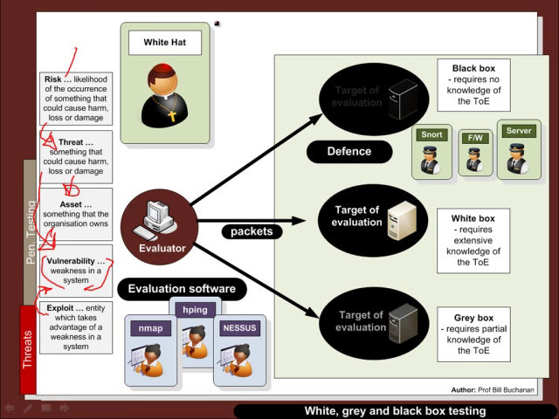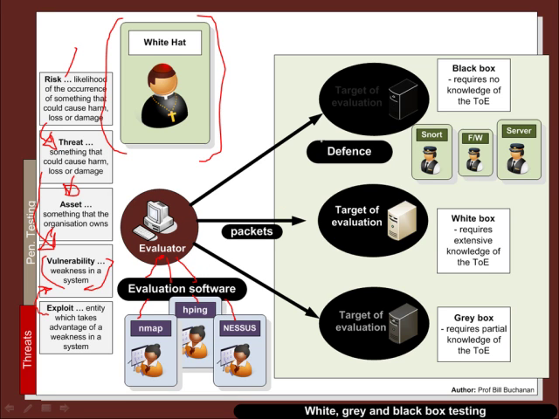So what we have in terms of ethical hacking is that we have the white hat who will then do an evaluation of the security of the system. To do this, they typically use an evaluator from outside and then some form of evaluation software. So as we'll see, this could include Nmap, hping, Nessus, and so on. These are automated